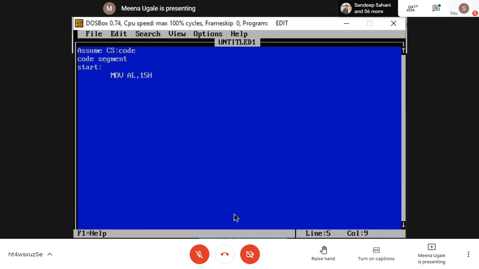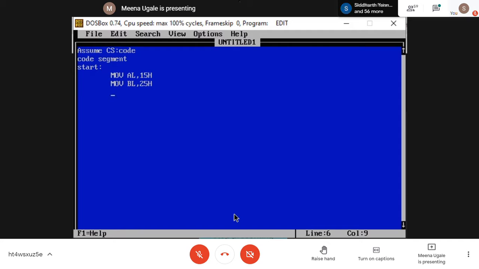I'm taking my first number as 15. Any 8-bit number you can take for that purpose. Then I'm taking my second number in BL register. Again, you can take any number. I'm taking here 25.